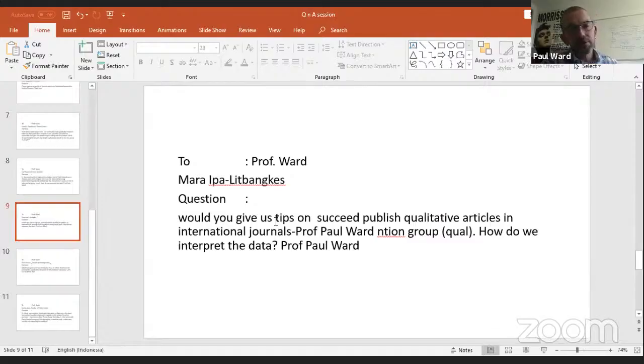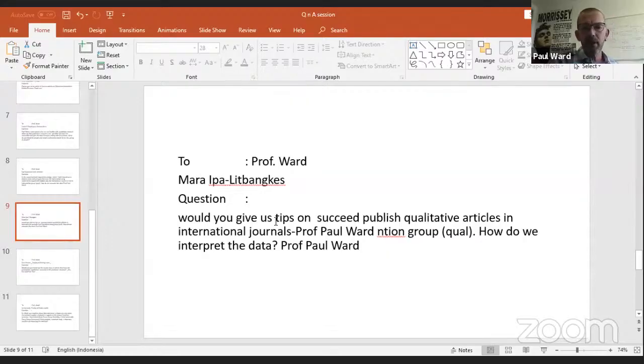versus something like Social Science and Medicine, which is one of the top social science type journals in the world, where you've got up to about 8,000 words. So choose the journals that you think are going to be the most appropriate for the paper that you want to publish. Then look in those journals to look at